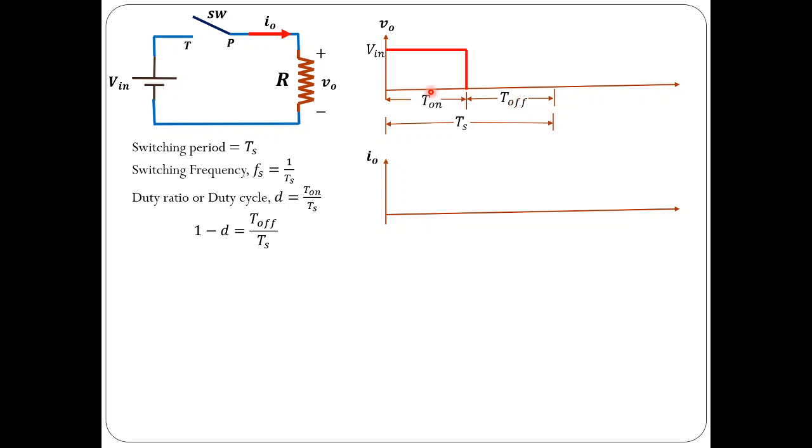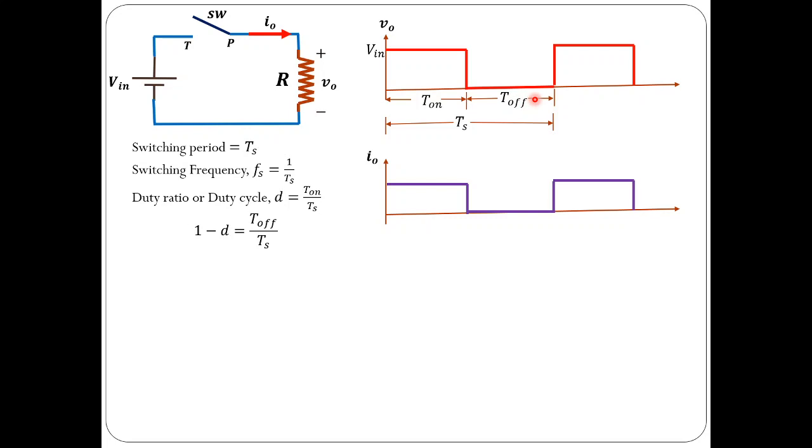So let us see what the voltage wave shape is. During the on period of the switch, the load voltage is V in, and during the off period it is equal to 0. Similarly, during the next on period it is again V in, and in one more off period it is again 0. For simplicity, let me consider only one cycle, on period along with off period together. During one cycle, in the on period it is V in and in the off period it is 0.